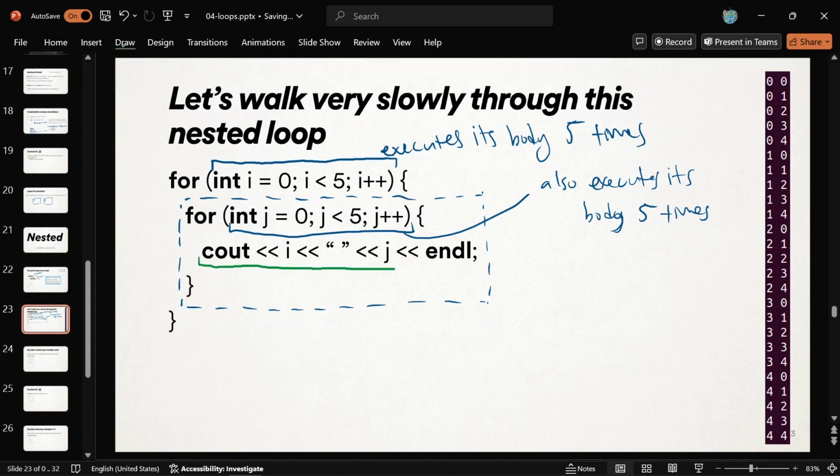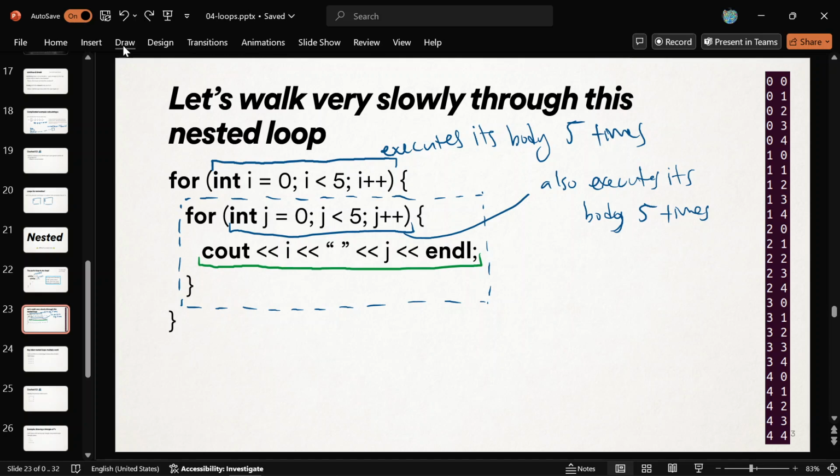So, my question for you now, one thing to think about is this innermost line in the innermost body, how many times total will it get run? Given that I know this is going to run 5 times, and each time it's going to run this entire inner loop to completion, and every time it runs, it is going to execute its body 5 times. Can somebody give me how many times this inner line is going to run? Can you figure it out? Anybody else?